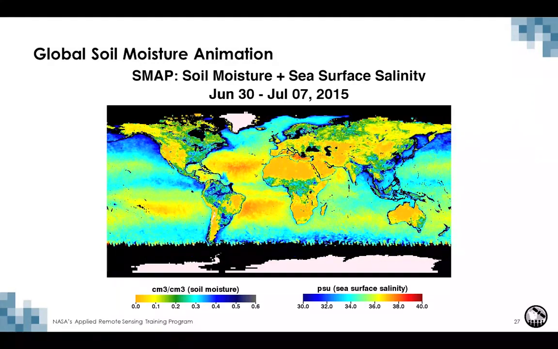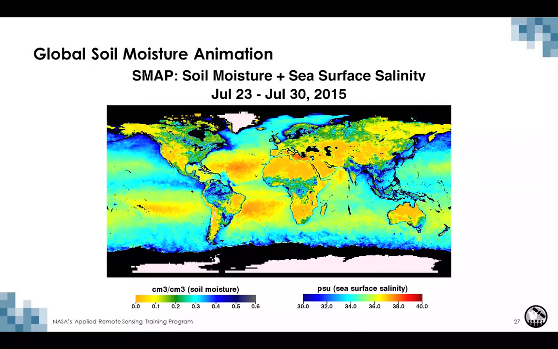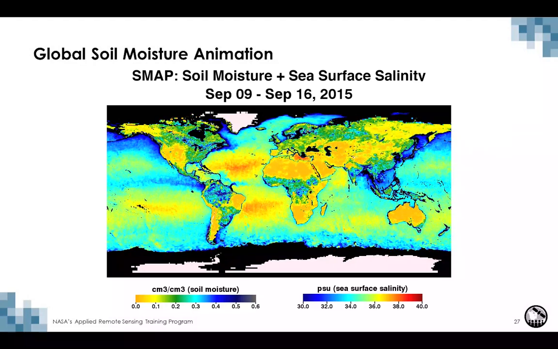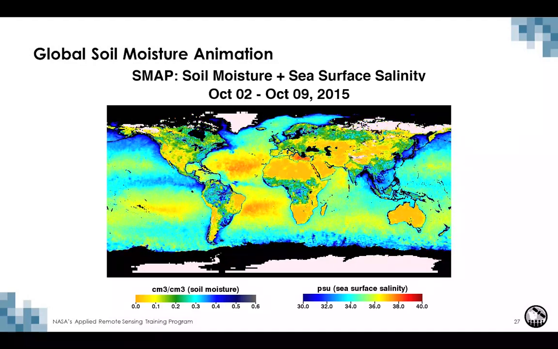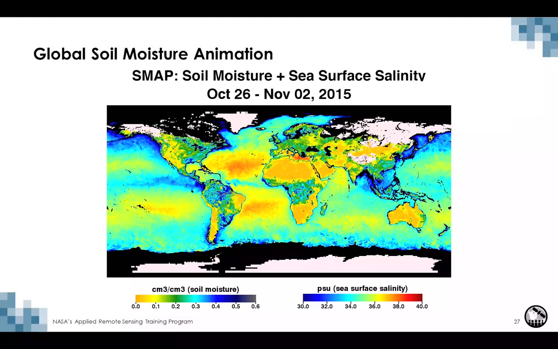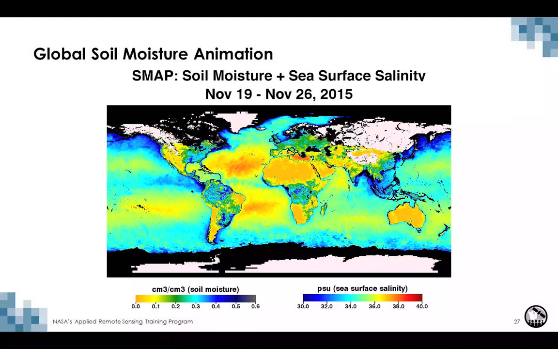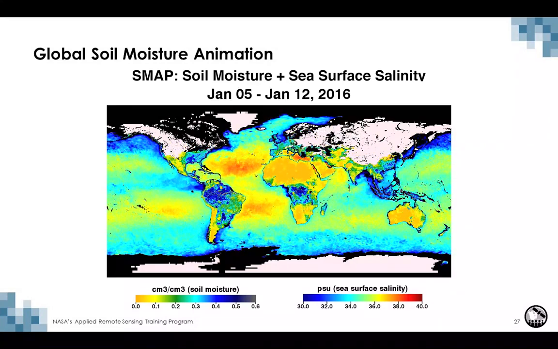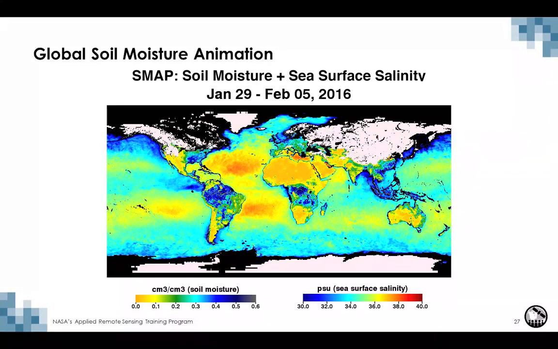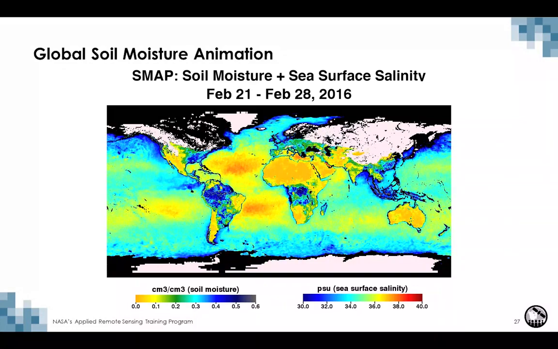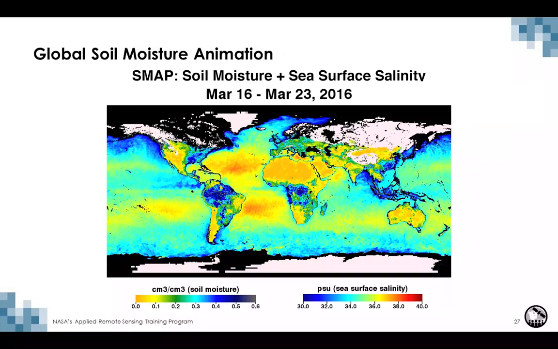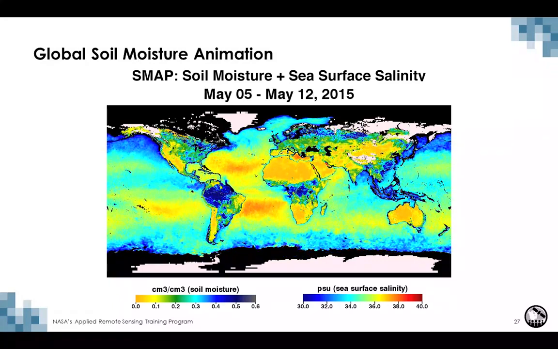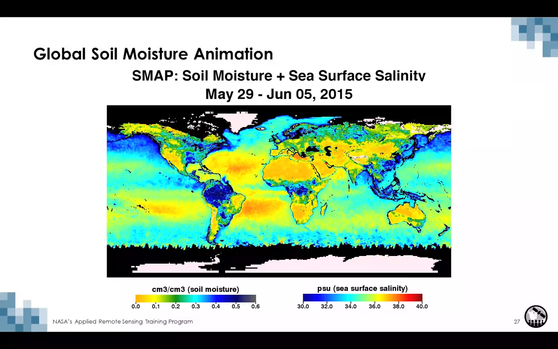Another interesting thing to note is that over the ocean, there's color there. Obviously, that's not soil moisture, that's sea surface salinity. So this is a product that has been derived from the SMAP data. It's not one of the nominal products from the SMAP mission, and it's been derived afterwards, after the fact. And that's a nice thing about having access to the raw data, is that you can derive other things of interest. So in this case, sea surface salinity has been derived, and areas that are dark blue indicate that salinity